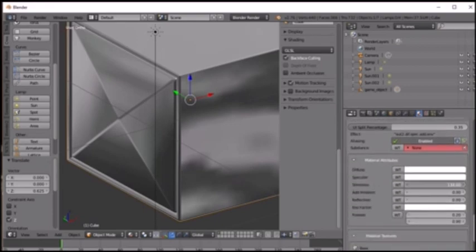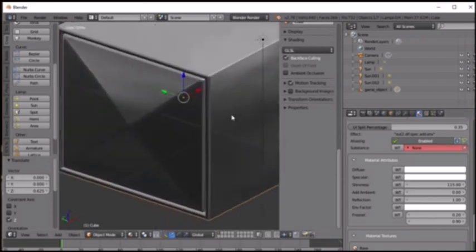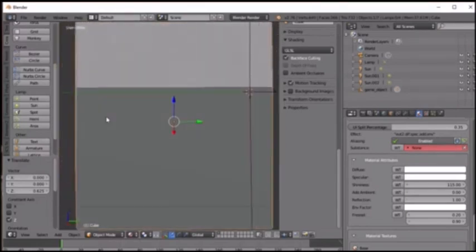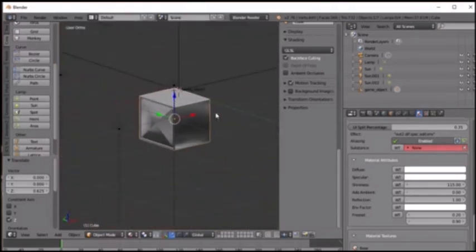Yeah, the environment, the shininess is okay. I think I'm gonna turn up the reflection a bit to 1. And okay, that is pretty much it. Now